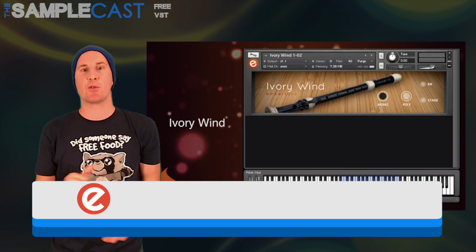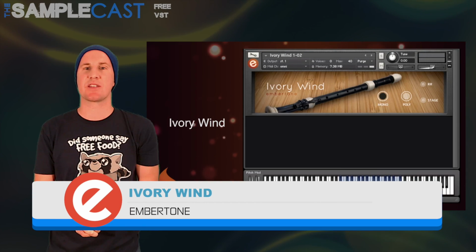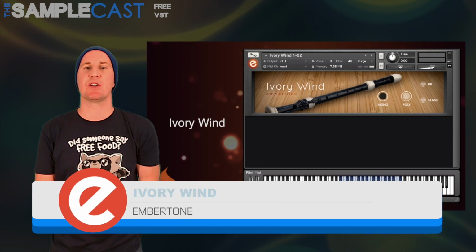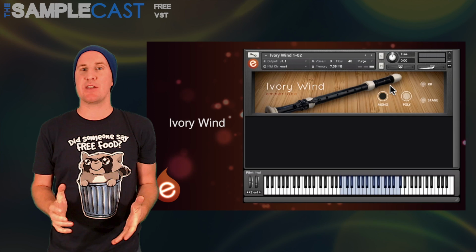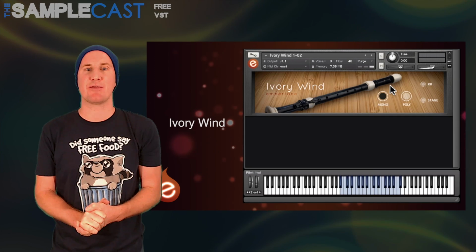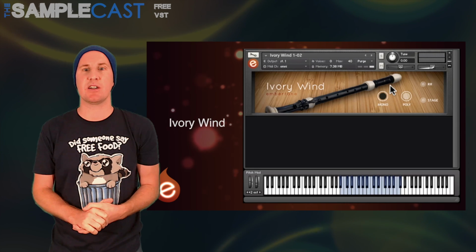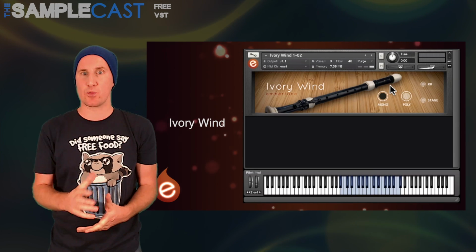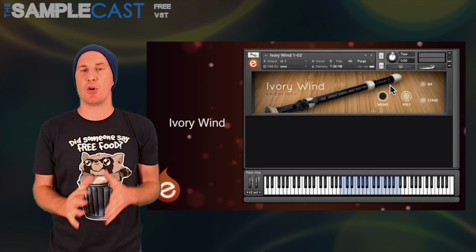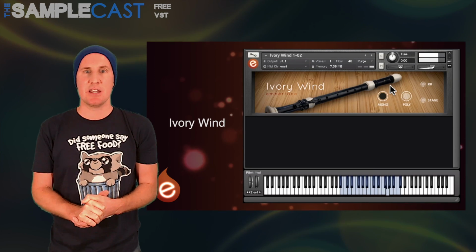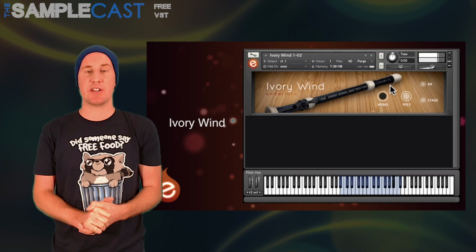A really nice giveaway from Embertone this week. It's their Ivory Wind library. Now, they used to charge around £10 for this, but at the moment it's free, and if you don't have it then shame on you. It is really fantastic. It runs in the full version of Contact. It's got a lovely true legato sound. They've sampled a wooden flute here, and you've got mod wheel vibrato, and there's a few other kind of articulation tricks as well. You can check out the walkthrough video online, which I did at